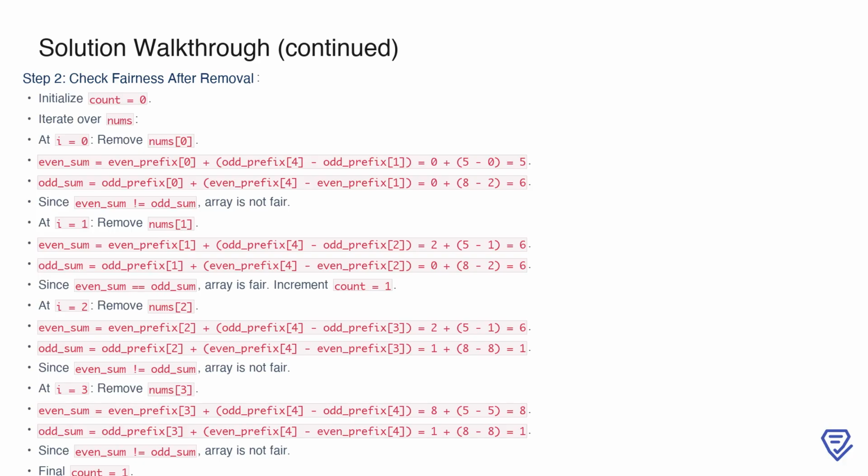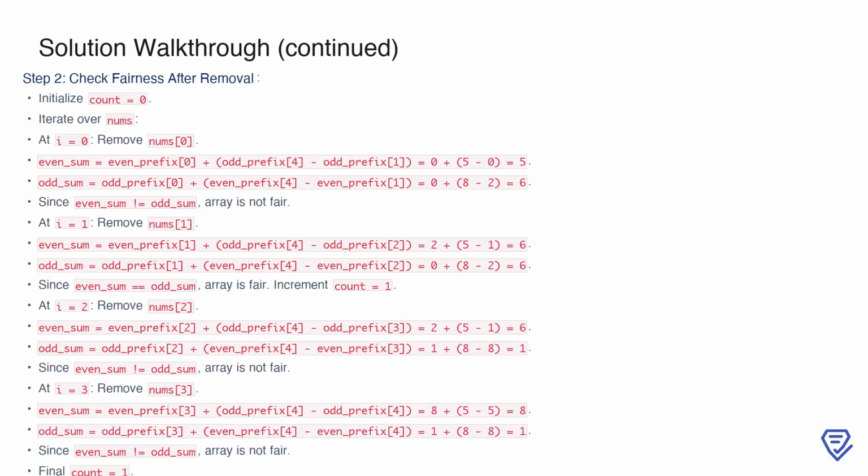Since these are not equal, the array is not fair after this removal. At index 1, removing nums[1] gives even_sum equals 6 and odd_sum equals 6, which are equal, so we increment count to 1. At index 2, removing nums[2] results in even_sum equals 6 and odd_sum equals 1, which